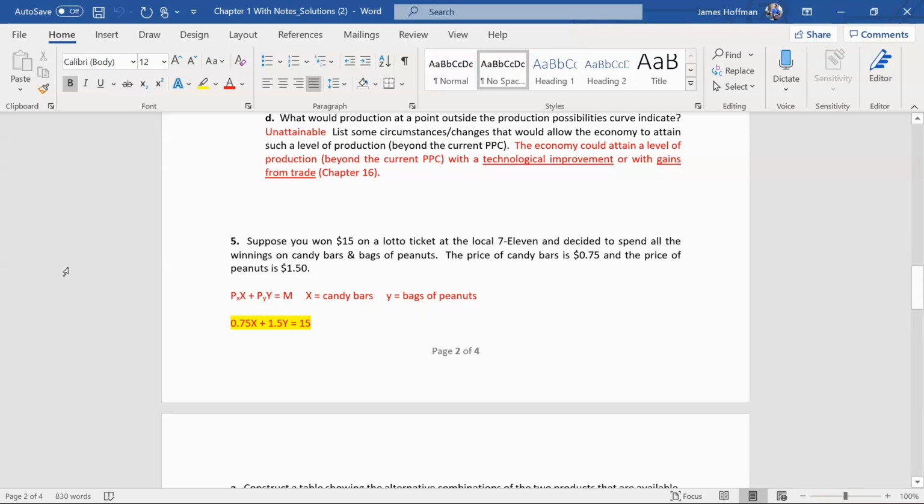Okay, so let's do number 5 on an example of the budget line problem. Suppose you won $15 on a lotto ticket at the local 7-Eleven and decide to spend the winnings on candy bars and bags of peanuts. The price of candy bars is 75 cents, and the price of peanuts is $1.50. Okay, and so what this represents here